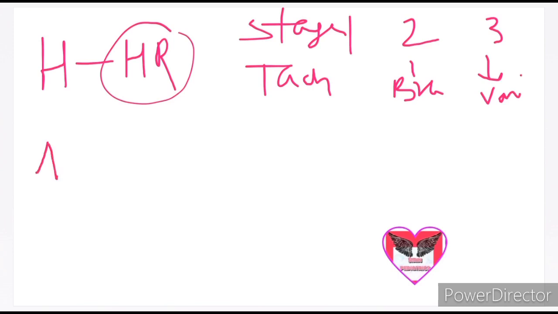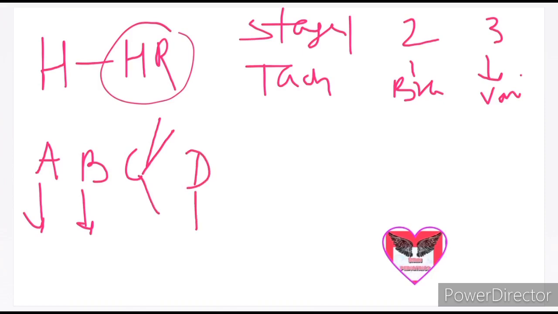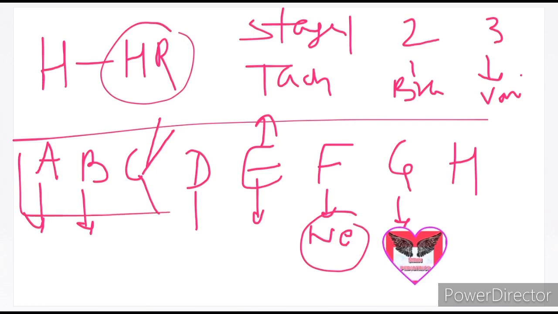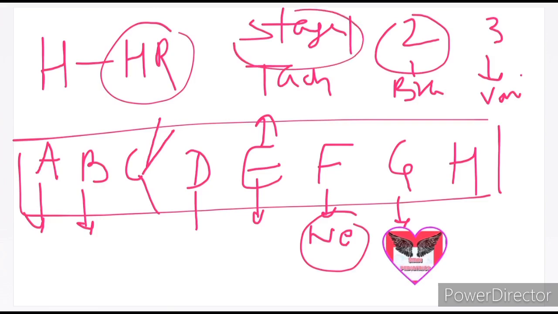So again we revise: A for autonomic function, B for bronchial and salivary secretion, C for consciousness, seizure, and C for complex reflex, D for duration, E for EEG and E for I, F for flaccidity, neuromuscular control, and G for GI motility, H for heart rate. So you can easily remember through this mnemonic. You can easily write or even easily diagnose the child condition, whether in stage 2 or stage 1 or stage 3.